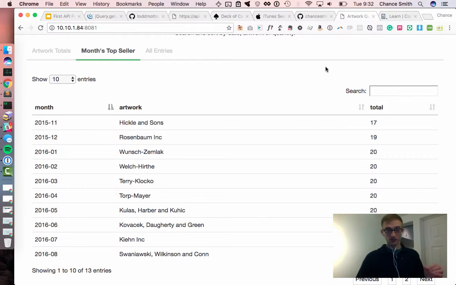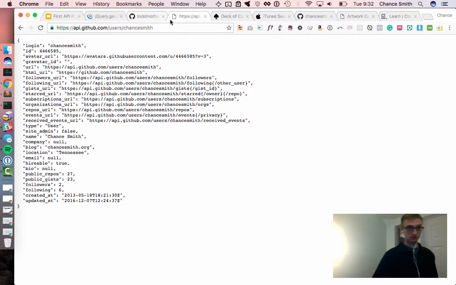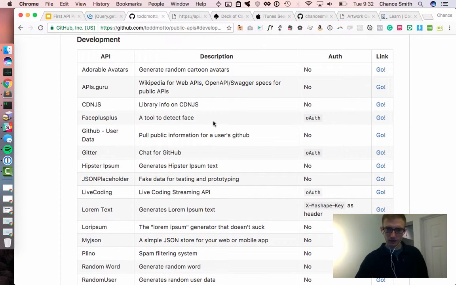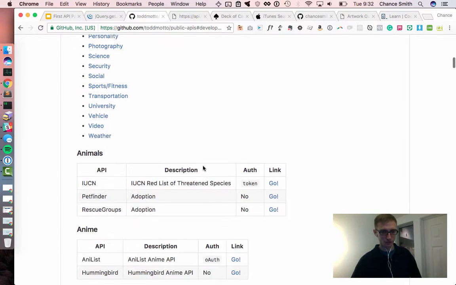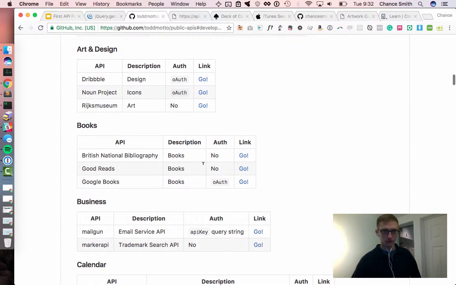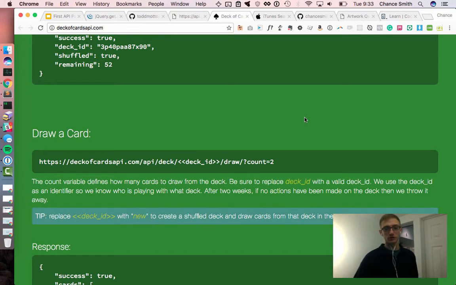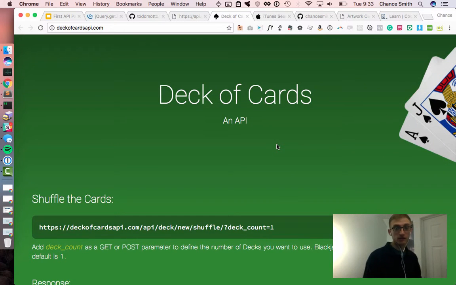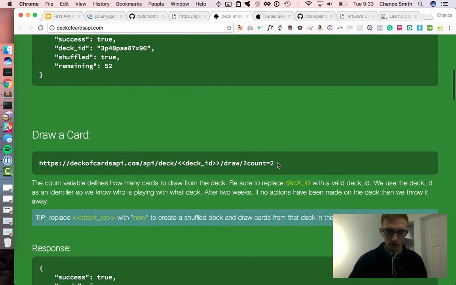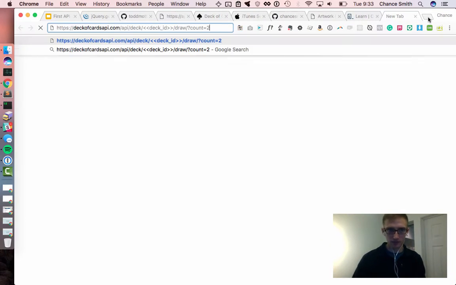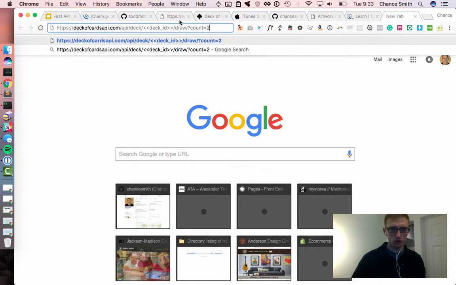So if you're looking to do more work with APIs, the first item here, as mentioned earlier, the public APIs, gives you a nice list in this repo to be able to see what other things are possible. One cool thing, I'm not a person that's going to build anything with games, but is Deck of Cards API. And so here, I thought this was really interesting, I can draw a card from a deck. So I don't know what cards are left, but I know what cards they've pulled as if I was going to build a game. And so if I pull 2 cards from a new deck,